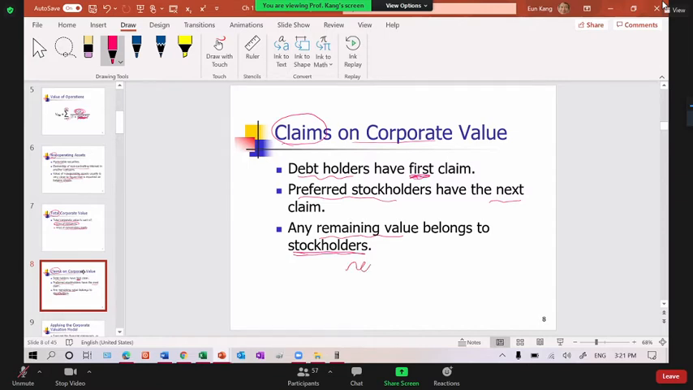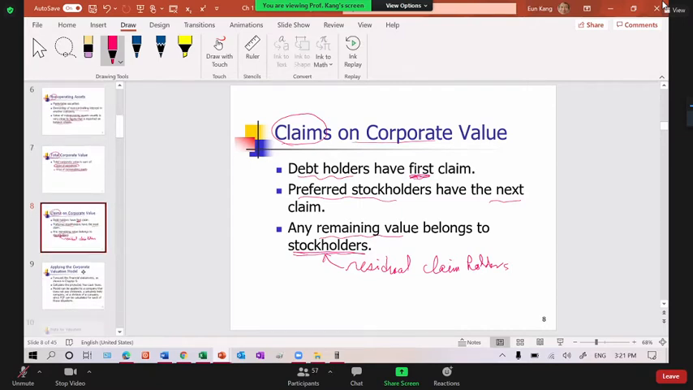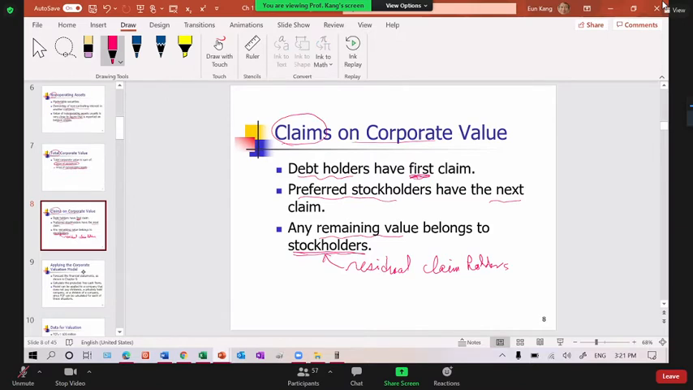That's why we call them residual claim holders. They are stockholders. They are residual claim holders. Anything that is left is for stockholders. So debt holders' and preferred stockholders' claims have to be satisfied first, and then the common stockholders' claim is satisfied. So everybody knows that. Then finally, we